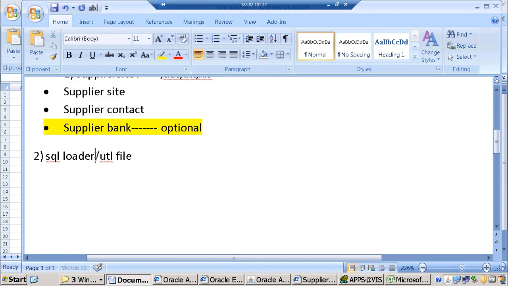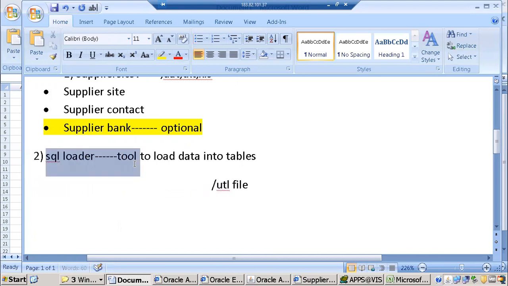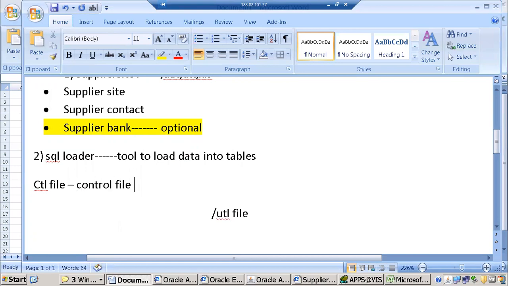In this example, I am going to use SQL loader. SQL loader is a utility, or we can say a tool, to load data into tables. Okay, UTL file we'll see next time. This is the second point. So SQL loader will use a file, and the file is the CTL file. CTL stands for control file. In this we'll mention all the table names,